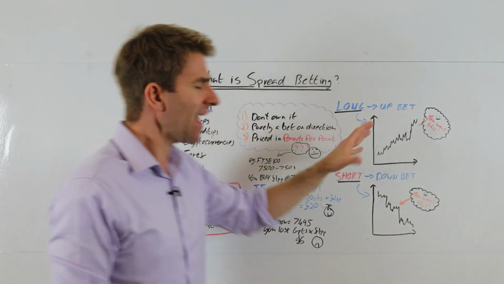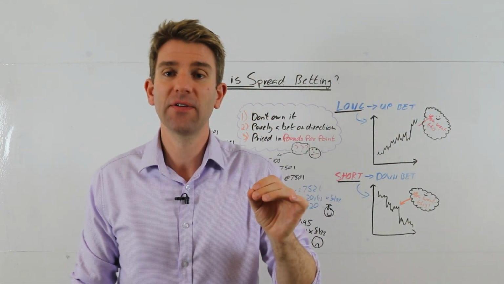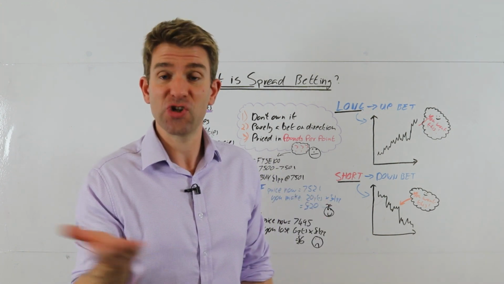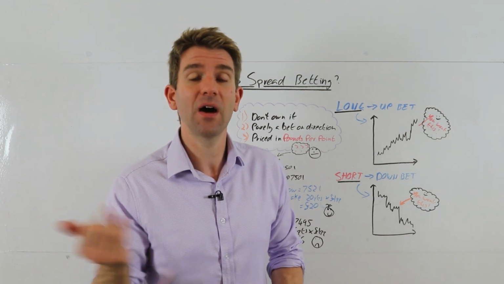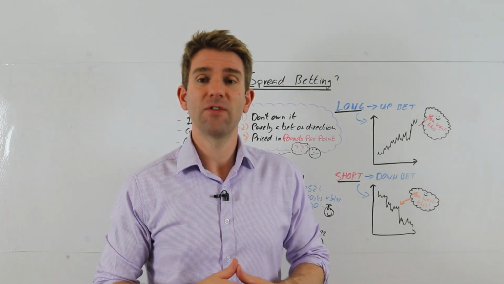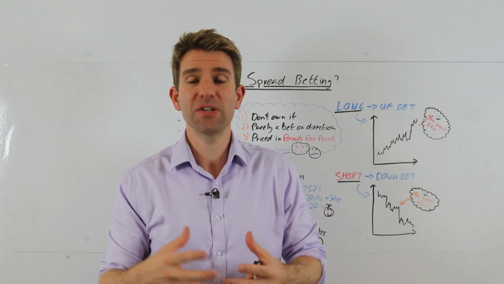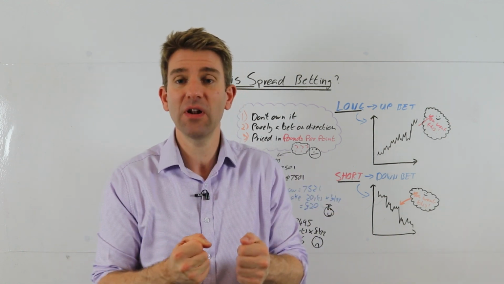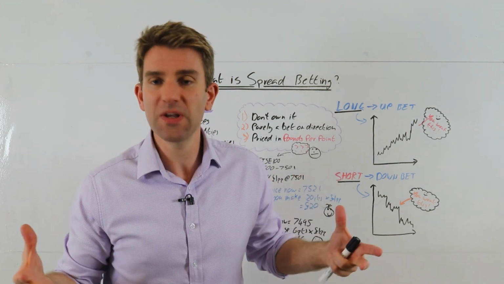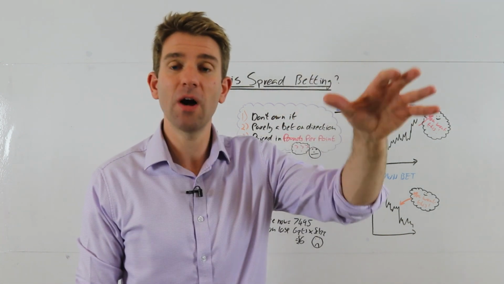Okay, so how does it all work? One thing to note, guys, is that you don't actually own the underlying asset. Unlike if you were to buy a share, where you theoretically have a share certificate, a piece of that company, here you don't own it. This is purely a bet between you and the spread betting firm, saying, I think this price is going higher, and it's literally packaged as a bet. It's a little mini contract, if you like, that says, I think it's going higher and I want you to pay me if I'm right, and I'll pay you if I'm wrong. Simple as that. So you don't own the underlying asset. It's purely a bet on the direction. Is it going up? Is it going down?